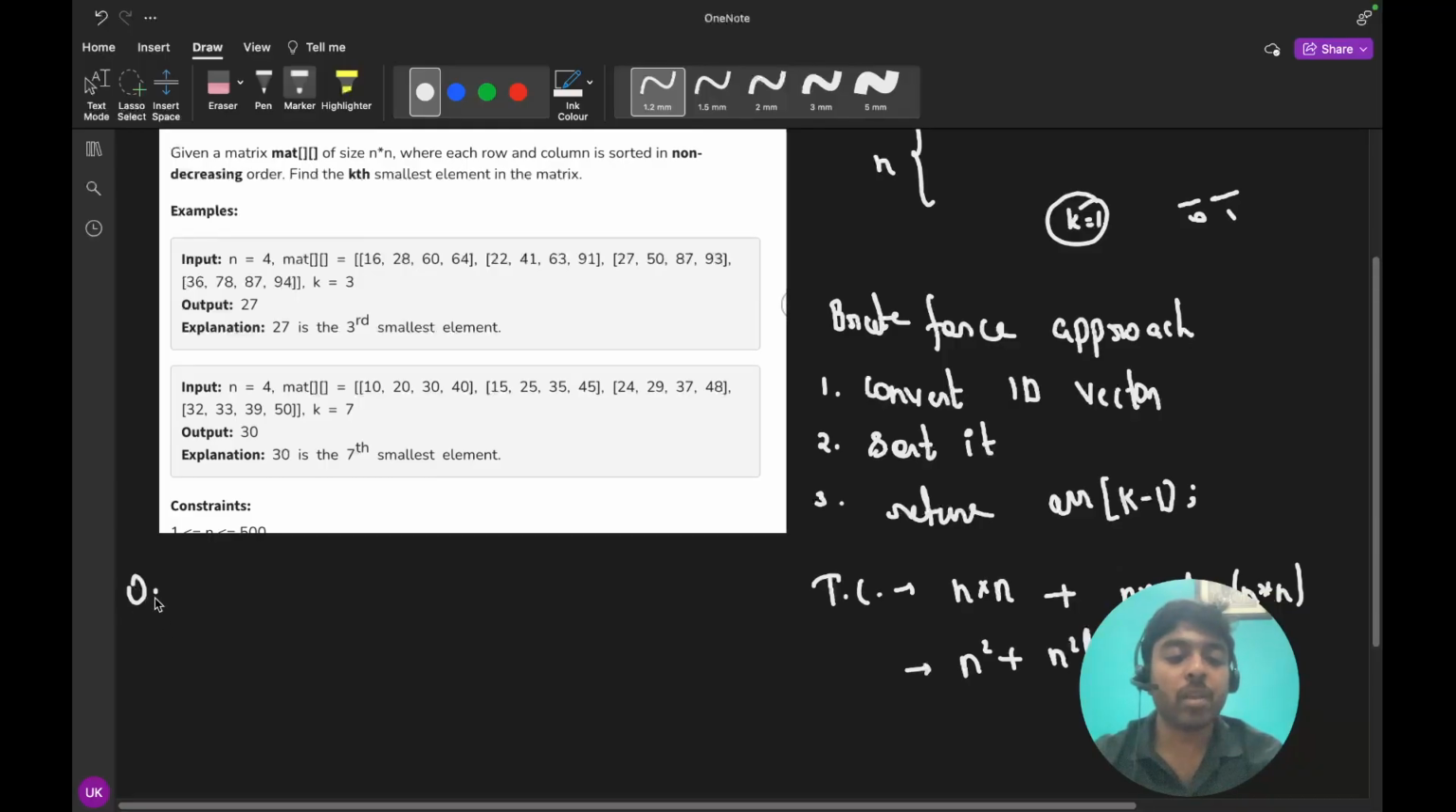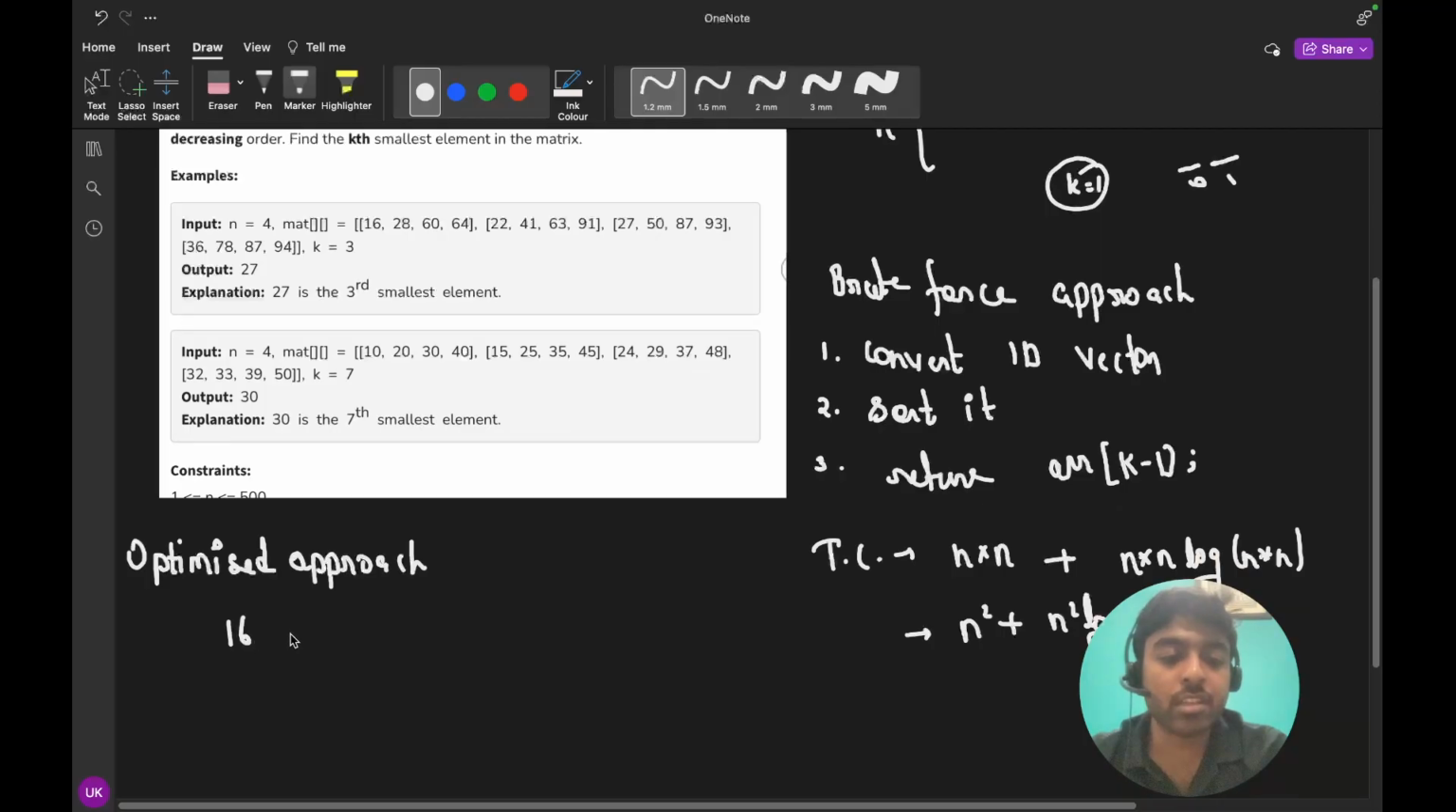Talking about the optimized approach, you can create a priority queue and solve it with its help. Let's take this first example. So the matrix is 16, 28, 60, 64, 22, 41, 63 and 91,